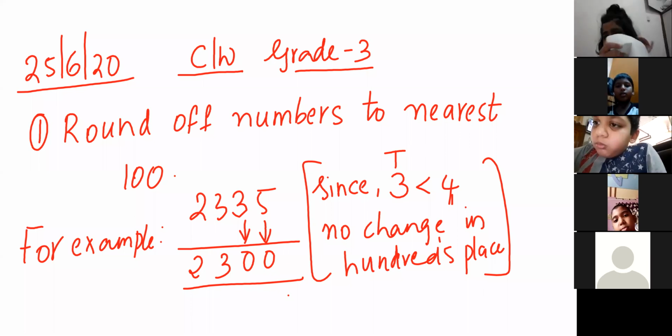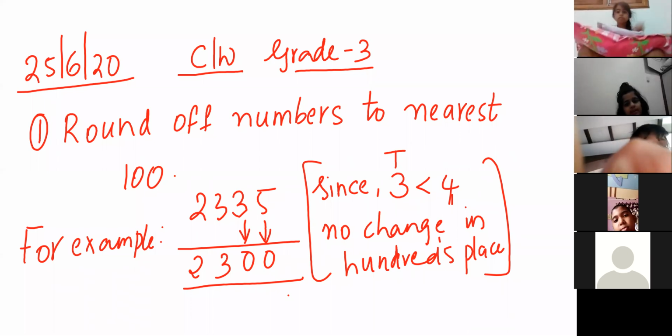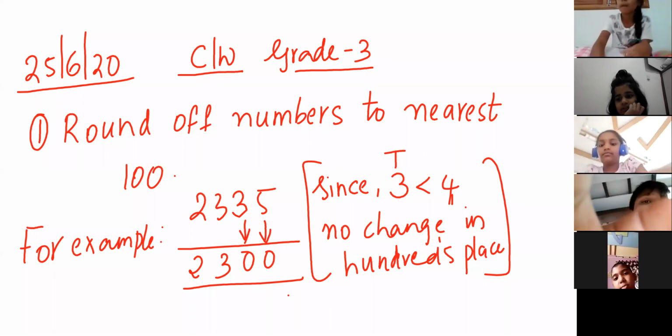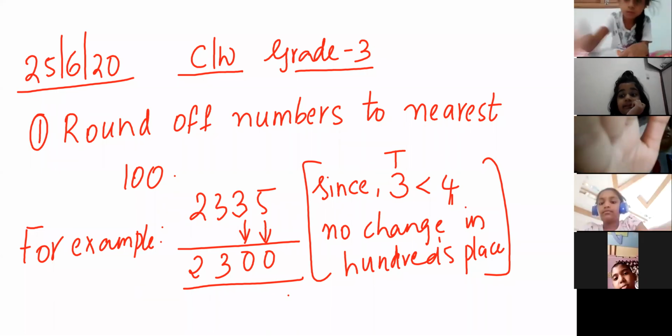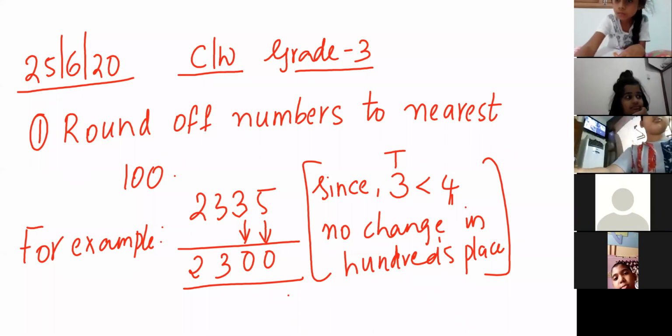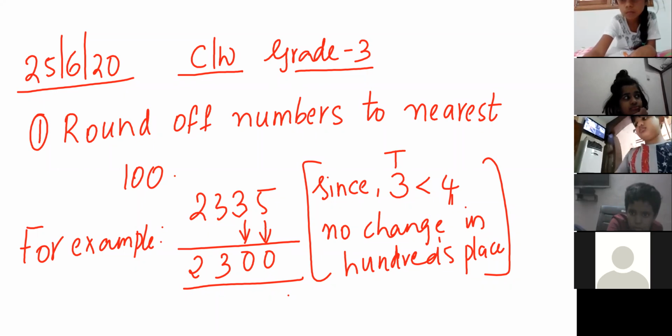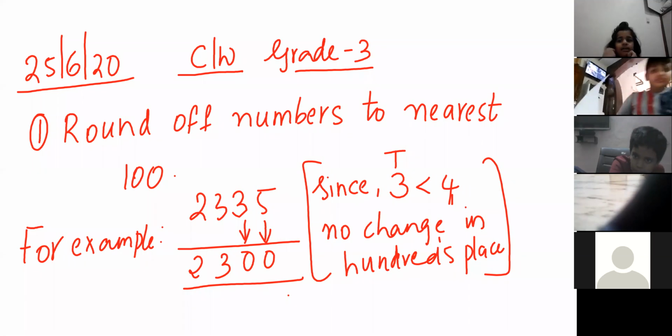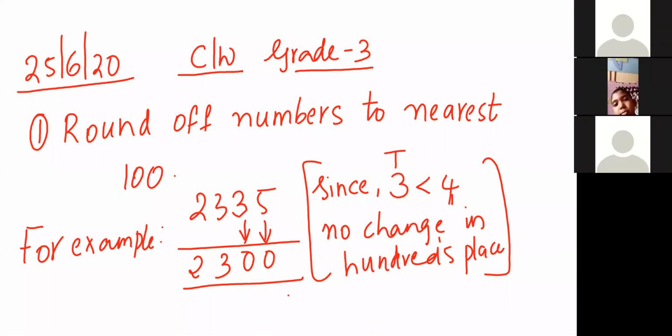You can't see the board? No, ma'am. Okay, I have adjusted it here. Can you see now? Sai Kartikeya, can you see now? I have made an adjustment here for the screen. Can you see now? I cannot hear you. Ashish, where are you? Ashish, have you completed writing? Ashish, just put on your video.